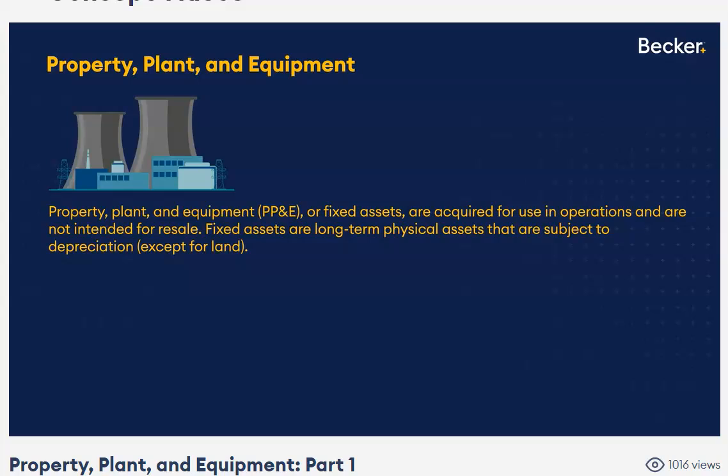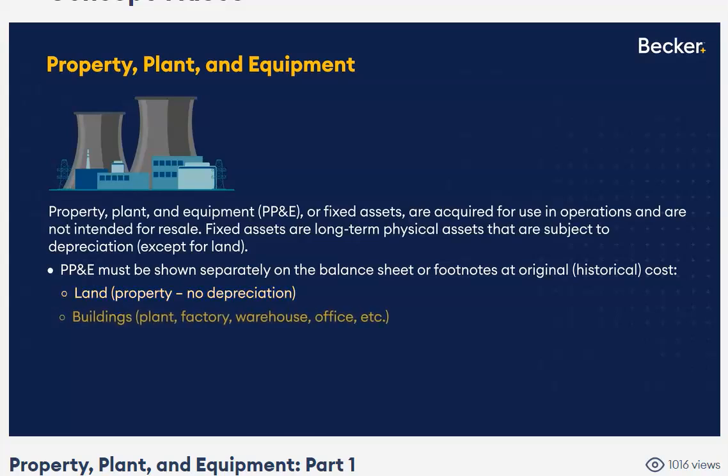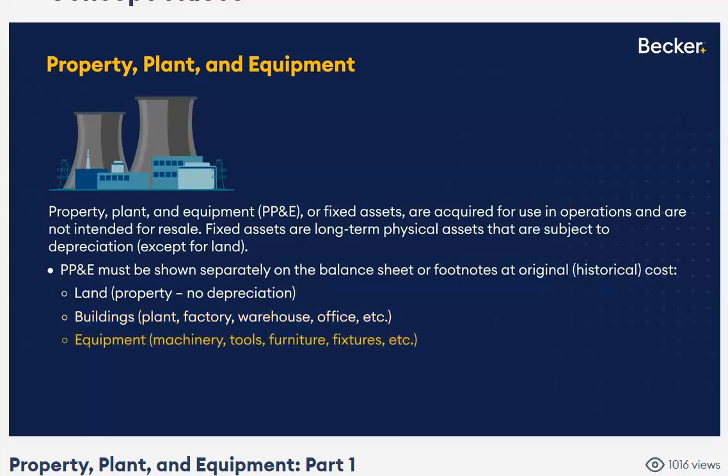And except for the land, these fixed assets will be depreciated according to the matching principle. These assets have to be shown separately, whether on the balance sheet or in the footnotes. We've got to see these items at historical cost. So land, the property, whenever you see land, you immediately think no depreciation. Land improvements, you'll depreciate, but the land itself, no depreciation. Buildings, plant, a factory, a warehouse, an office building, or equipment, machinery, tools, furniture, fixtures, all that's going to be